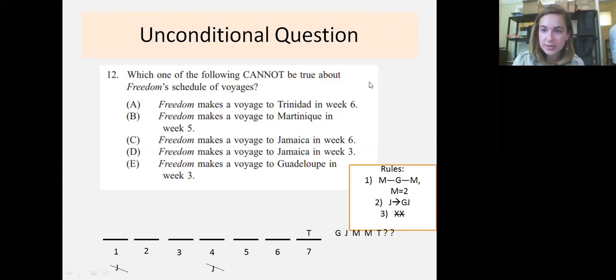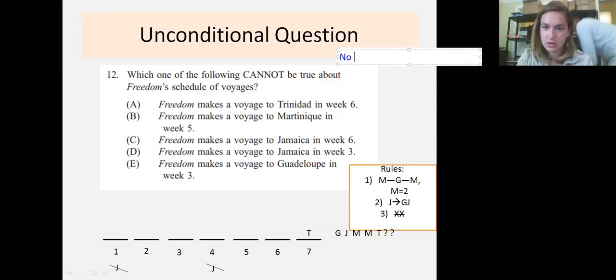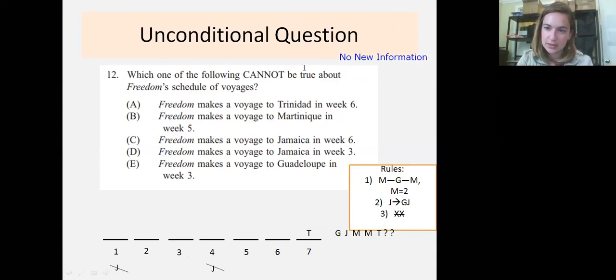All right, nice work. This was our best question yet by far. 5 of you answered, and most of you got this one right. So let's talk a little bit about what type of question this is. This is an unconditional question, which means that you are given no new information at all. Unlike the last question that we did, there's no if, there's no new piece of information for you to